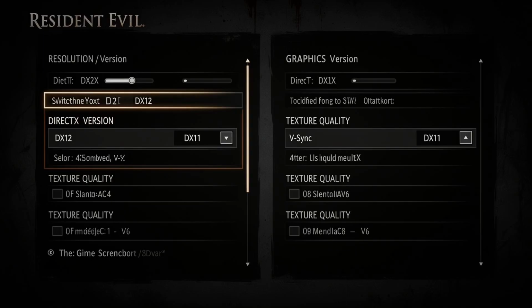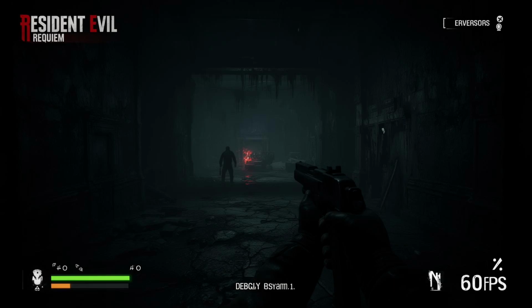Next is switch the DirectX version. In Resident Evil's graphic settings, you can switch from DirectX 12 to DirectX 11. Also lower texture quality and disable V-Sync. DX11 is more stable and less likely to trigger the TXGI error. Lastly is getting the game running smoothly. After applying these fixes, Resident Evil Requiem should run smoothly without the fatal